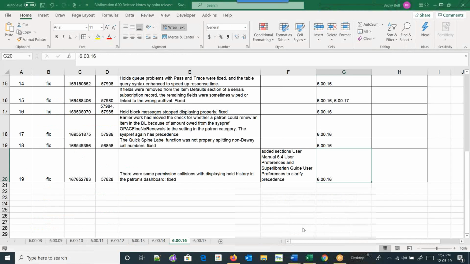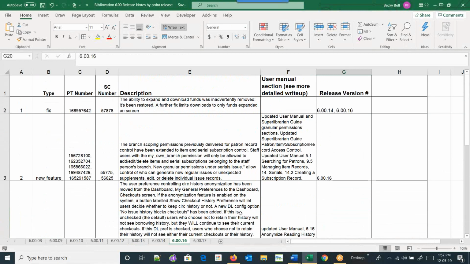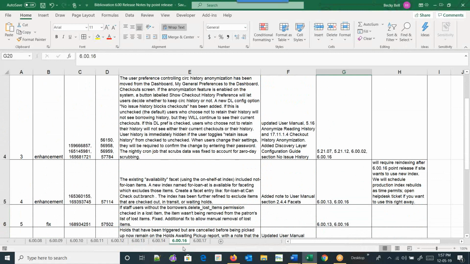Okay, the next thing that I want to talk a little bit about are the release notes. You'll notice on the tabs down here that there is no 6.00.15.